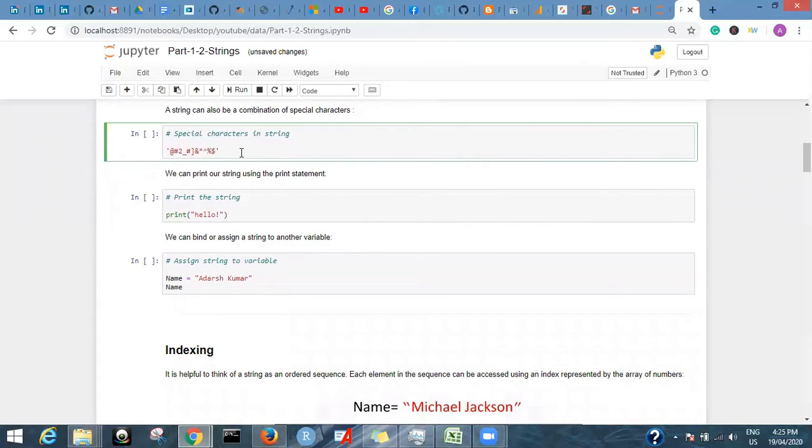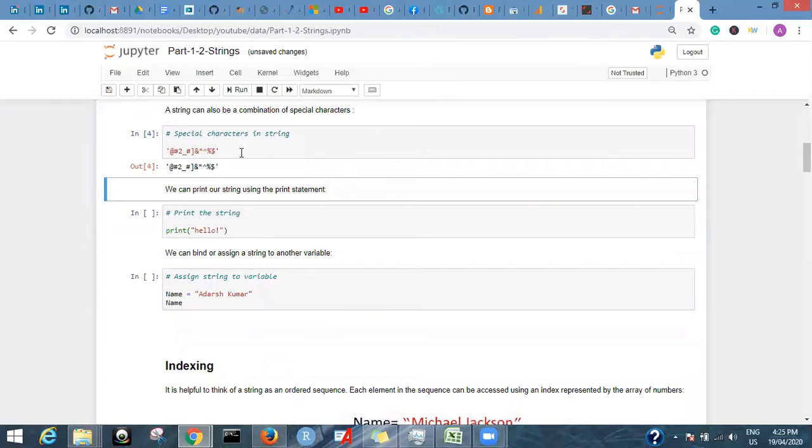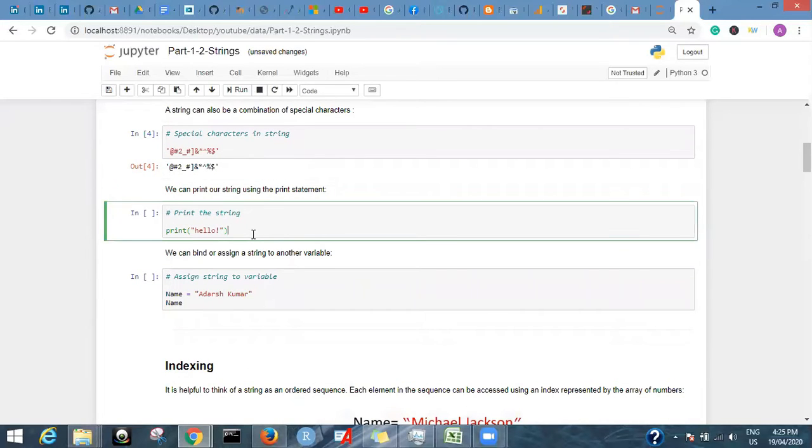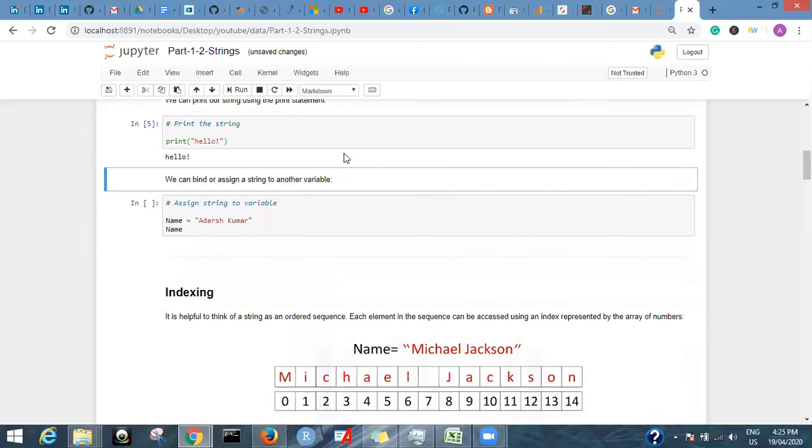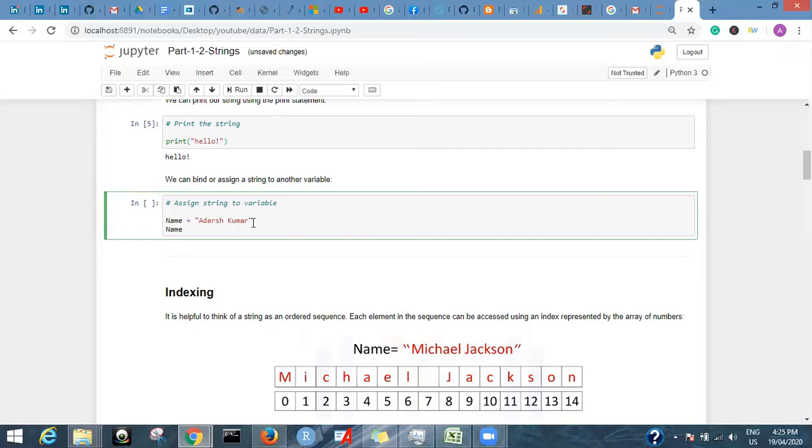Now print a string. As we saw in part 1, while using the print command, in the brackets we have to use double commas to print the string, just like this. And we can also define a variable, as in part 1, which is name, or we can just write x. So the value of x is the string Adarsh Kumar, and what is the output? Adarsh Kumar. Okay, now coming towards the indexing.